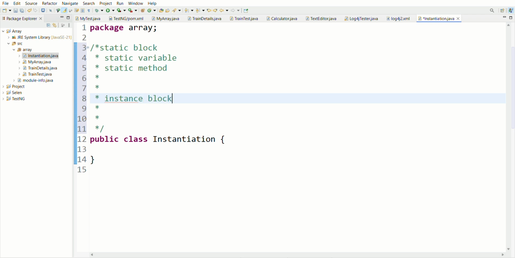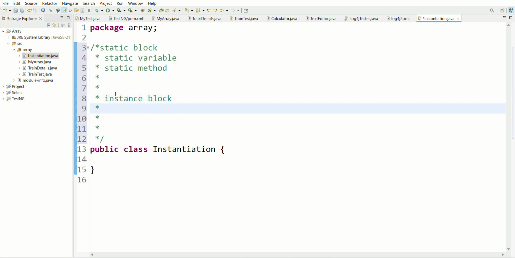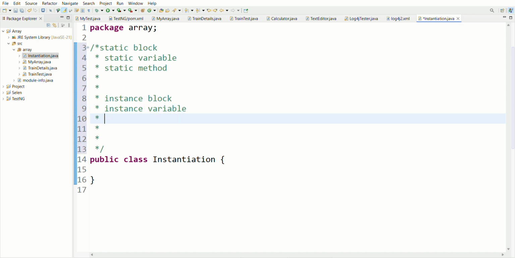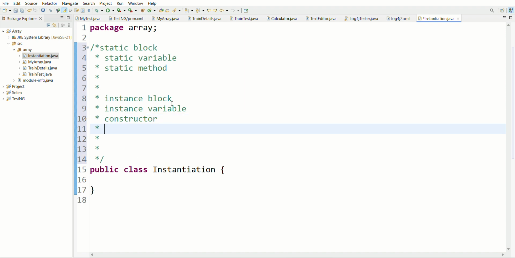In the instance area we have the instance block, then the instance variable, and then the constructor. It is also a type of instance. Got it? So these are the three things, and the instance method also.